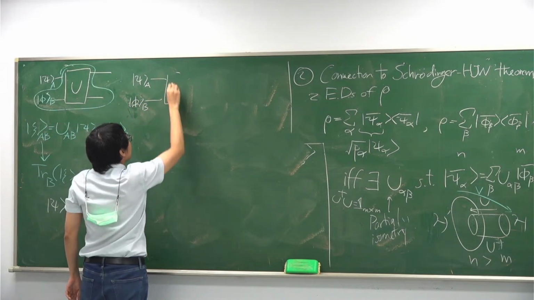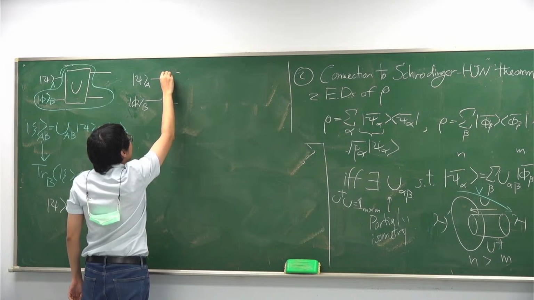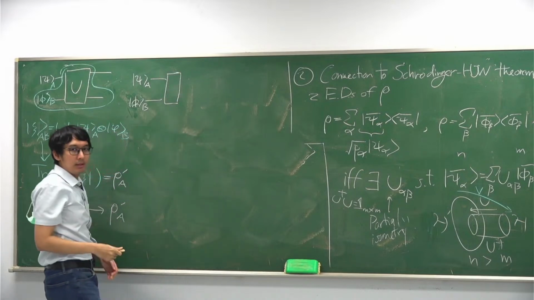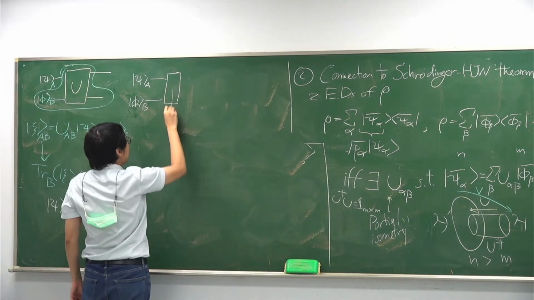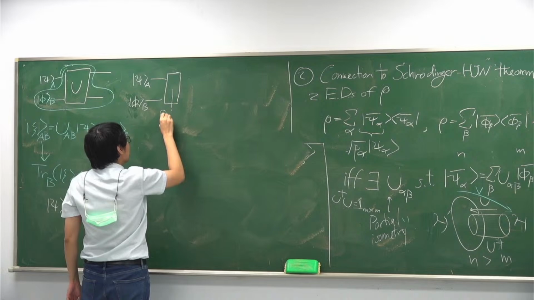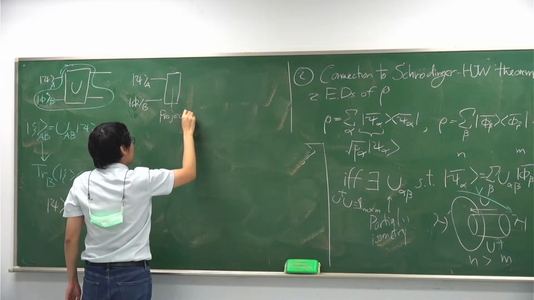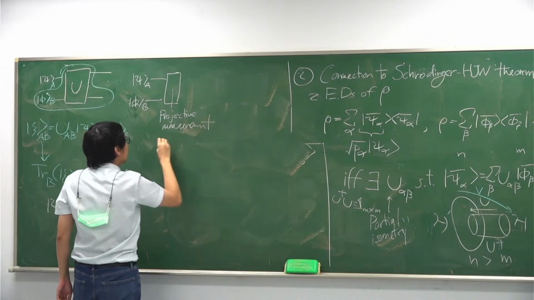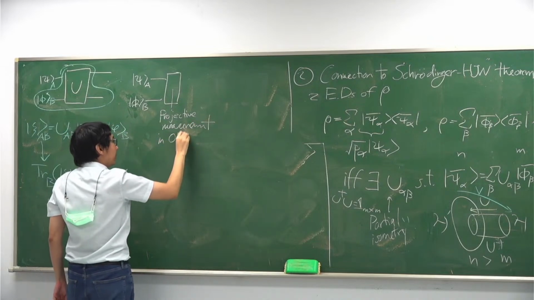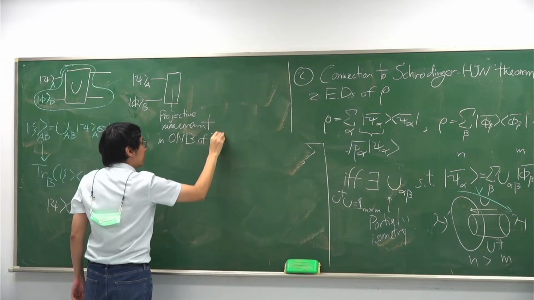And then say I can make a measurement, could be an entangled measurement. By that I mean a projective measurement in some ONB of the joint